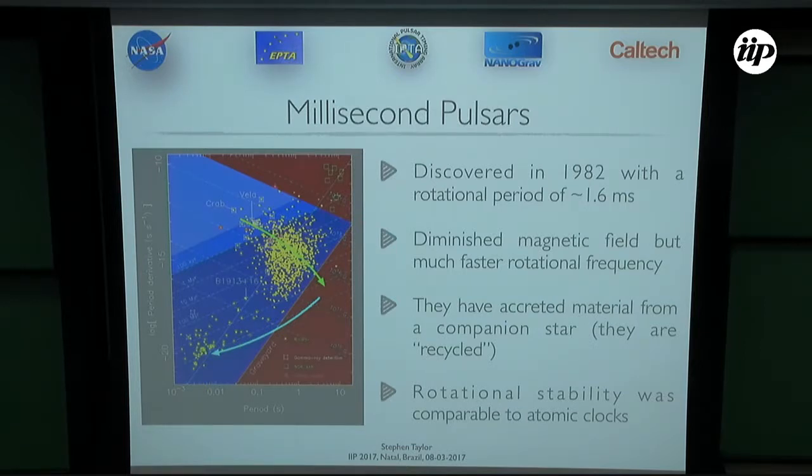The theory is that they are associated with a companion star. They've accreted material from the companion that accretes angular momentum, spins up the neutron star, and it also seems to dampen the magnetic field. So you get the radio pulsars, which are spun up to very high rotational periods, and also dampened magnetic fields. So at one point, the rotational stability